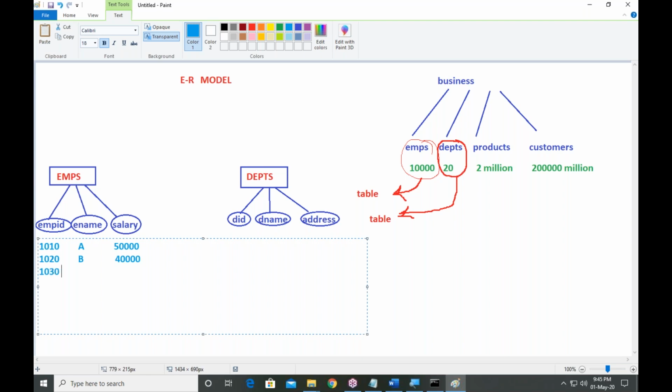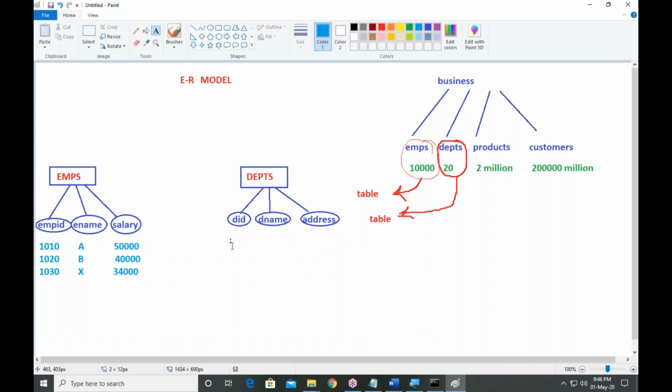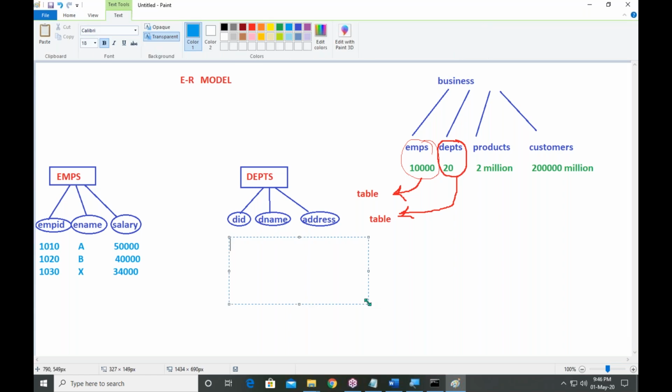Employee ID 1030, employee name X, employee salary 34,000. This is the data in the employee table. And here department ID D1, department name production.